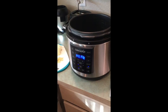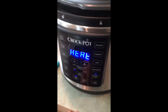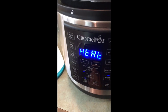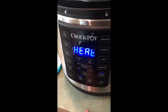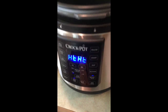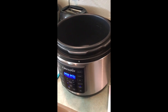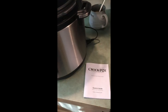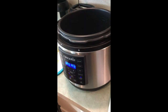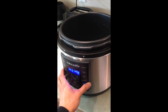So guys, about this crock pot from Kohl's on Black Friday. What I did is I pressed the brown saute, which I'm sauteing the garlic, onions, and ginger. And I pressed start, and it presets to 30 minutes. And just to let you know, I didn't mention in the beginning, but I just started using this item today. And I had to go through the crock pot owner's guide to make sure that I'm operating the crock pot